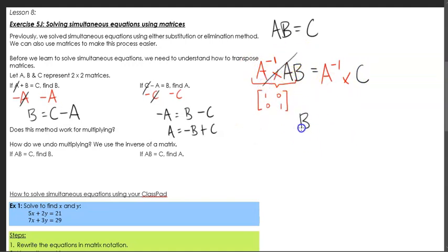So what I'll be left with is B is equal to the inverse of matrix A multiplied by C. In other words, if I wanted to get B by itself, just find the inverse of A and multiply it to what matrix C is. That is it. Now this kind of seems arbitrary if we're going to talk about it in a matrix world, but this does tie in,